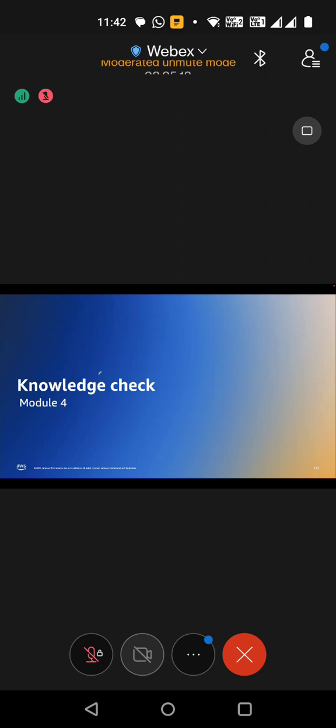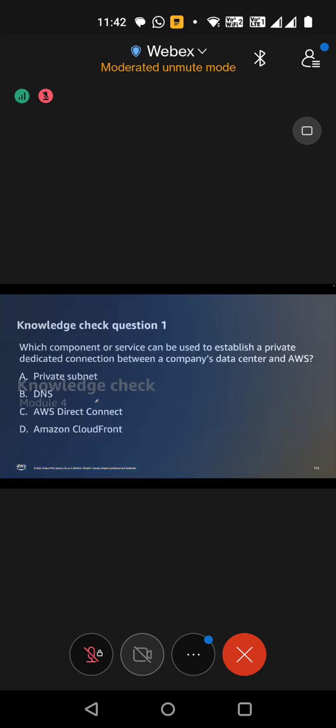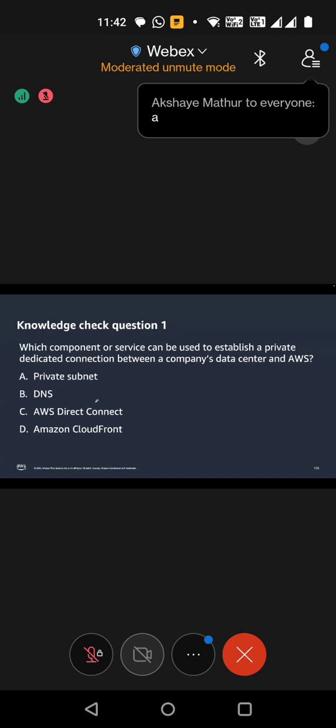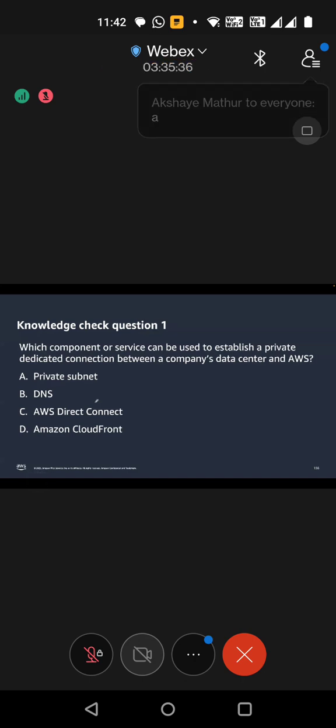Okay, so folks, let's do a quick knowledge check. Question number 1. Which component or service can be used to establish a private, dedicated connection between a company's data center and AWS? Options are